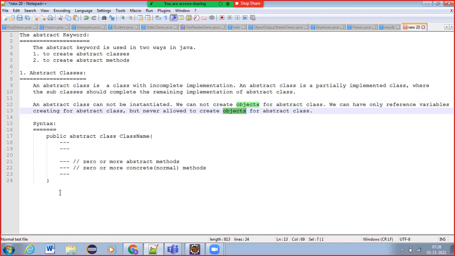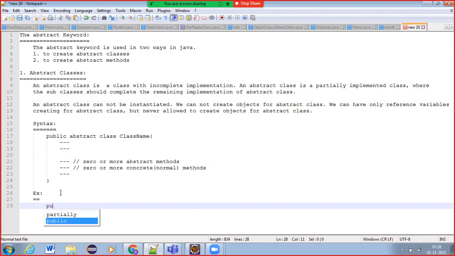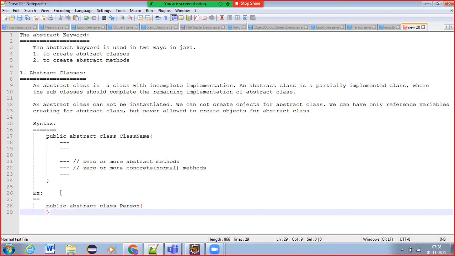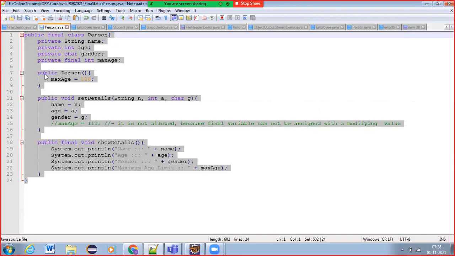This will be imposed. So for example, public abstract class Person. You can make Person an abstract class here. As usual, regular code, whatever you want, you can write. There will not be any problem.